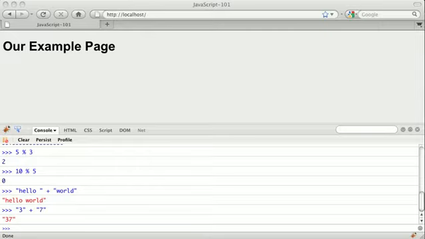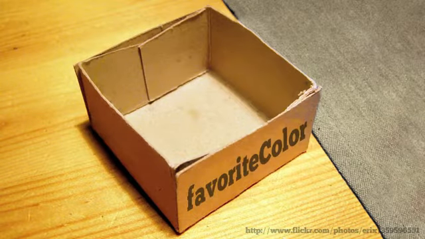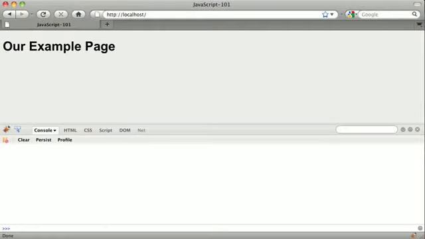It would be really helpful if we could store our values for use later, and that is what variables are for. You can think of variables as boxes with names. In JavaScript, we can declare that there is a variable named favoriteColor. We do this by saying var favoriteColor. You can think of this as creating an empty box called favoriteColor. Right now there is nothing inside of this box,